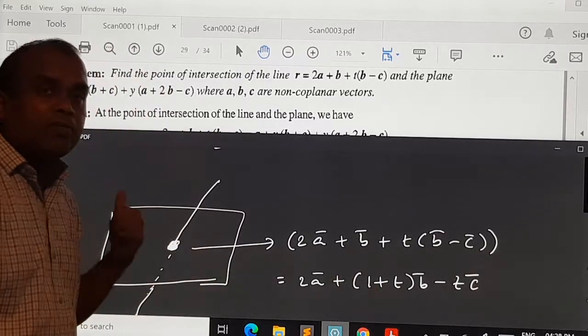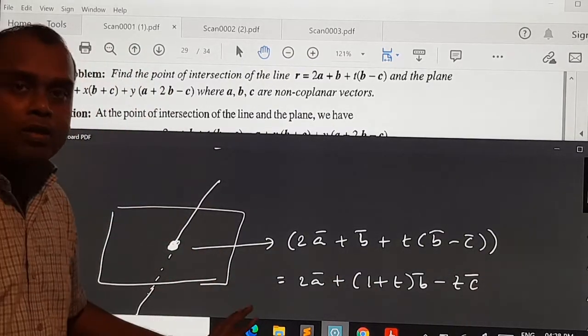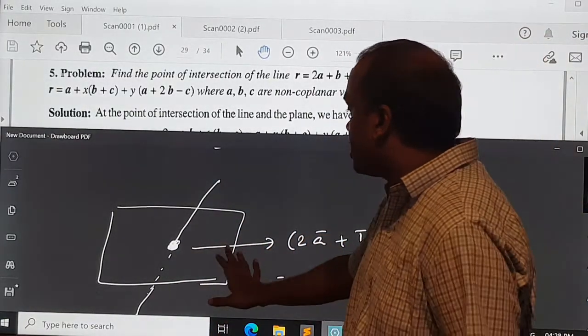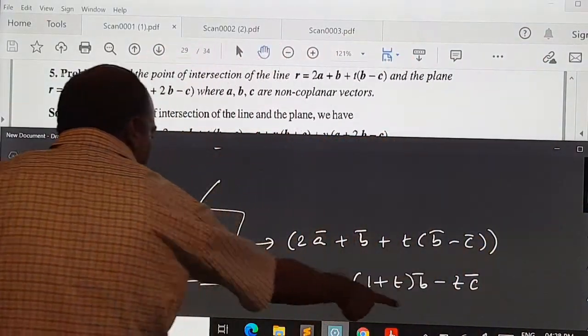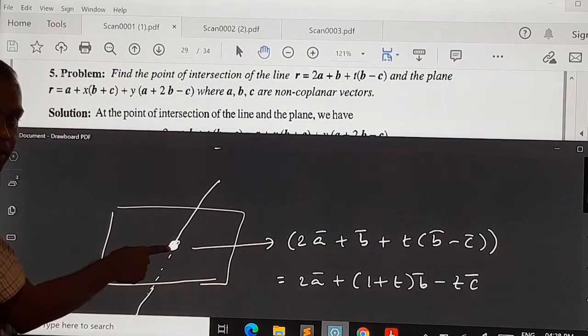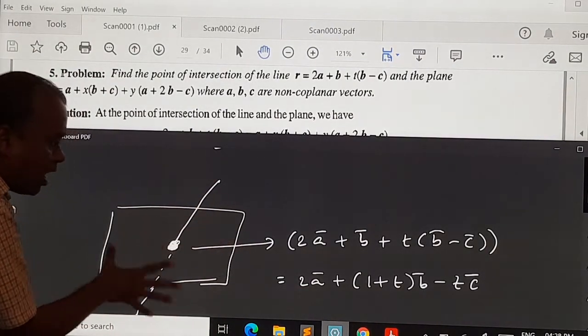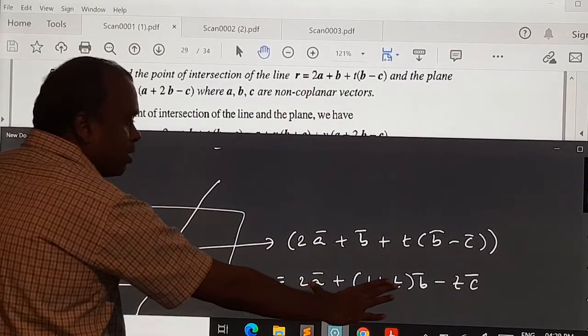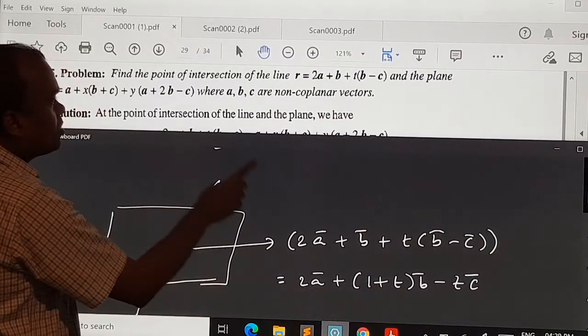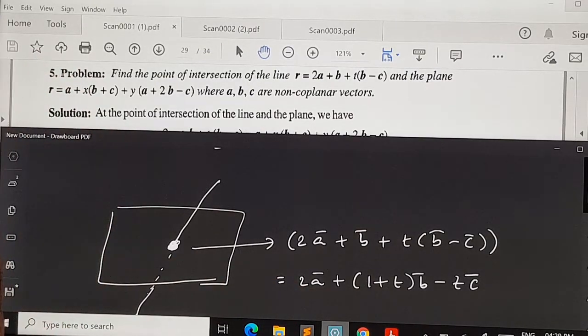You got your point of intersection of line and plane. All that you need is that point t. Now I want you to observe that as for this value of t, the point on this line becomes this point. Observe that this point lies on the plane. Therefore, as it lies on the plane, it has to satisfy the plane equation.